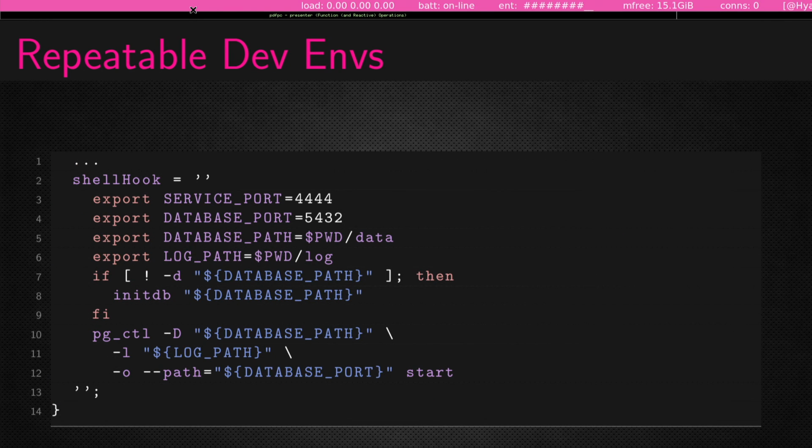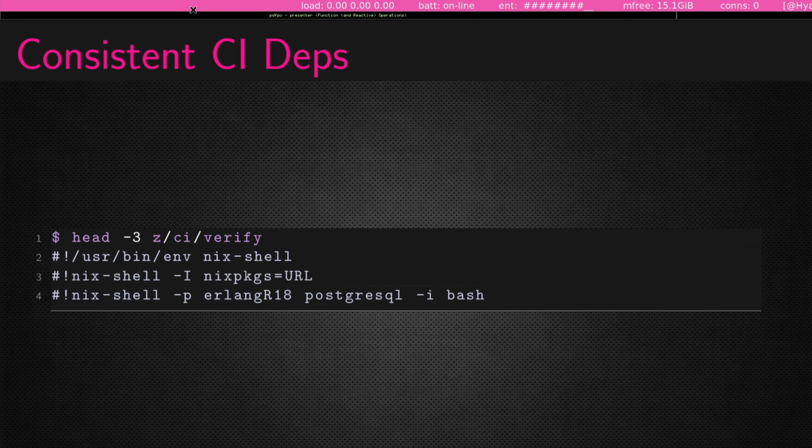Okay, and then there's this shell hook, which is great for development environments, where we can set up environment variables and things like that. A lot of this can actually be put into a host configuration too. So Nix shell is also what we used for consistent CI dependencies. So we never had to worry if we were upgrading the Erlang version or the Ruby version or Python or whatever for the app. We could just define it inside of the scripts that we needed to run for our CI process. And it would always be able to reproduce the same environment on our laptops as it would on the CI servers, as it would when we deployed it.